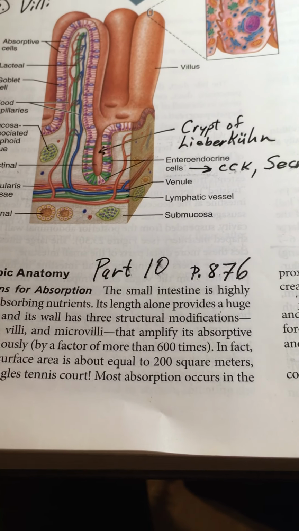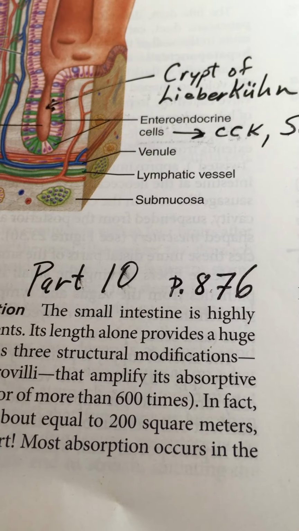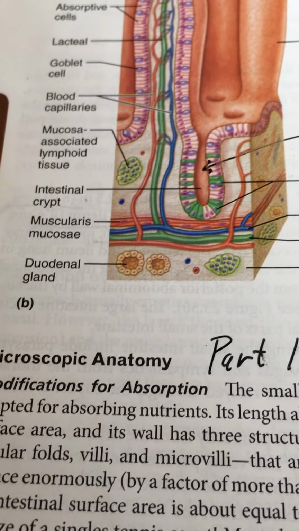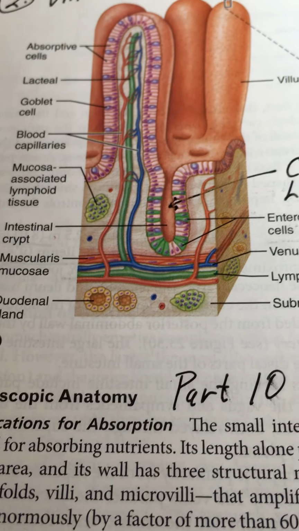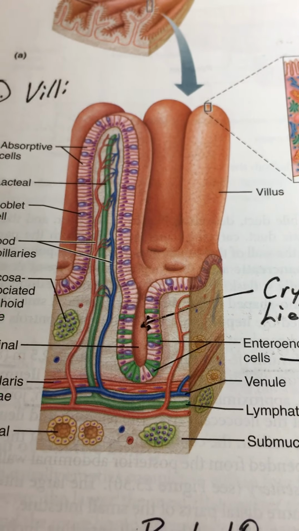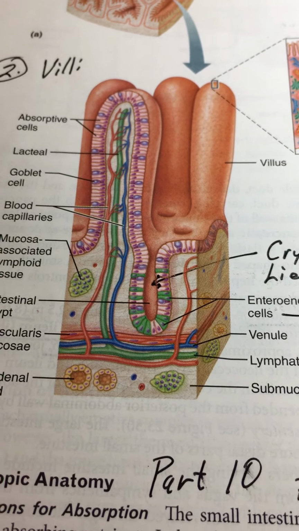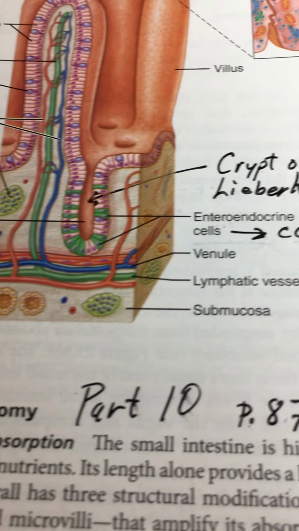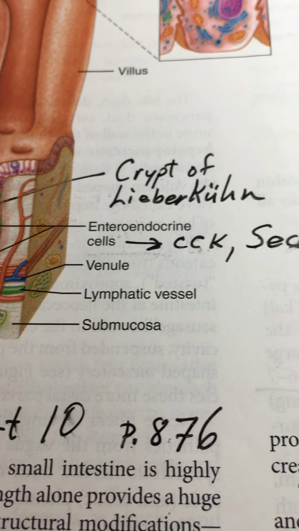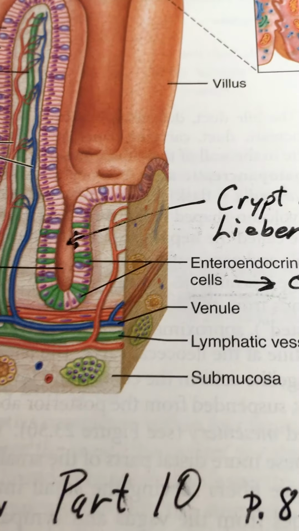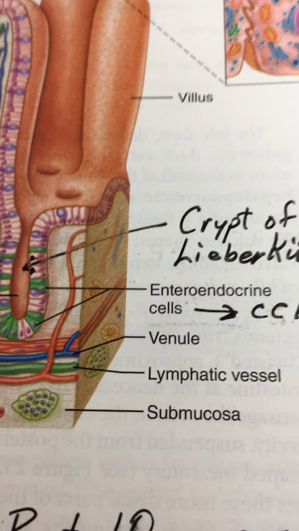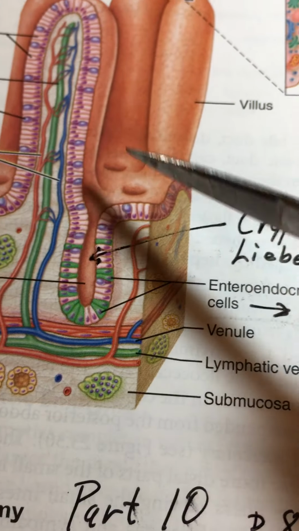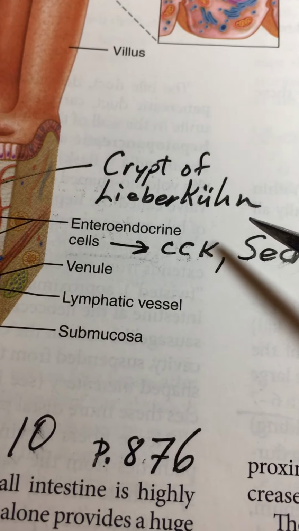Here we have the digestive system, part 10, continued on page 876. We're still looking at the microscopic anatomy, as well as the gross anatomy of the small intestine, and I'm just reviewing this one portion right here where we were looking at the villi, and I just wrote in here crypts of Lieberkühn. It's important to note that deep here inside the invagination between the villi are the crypts of